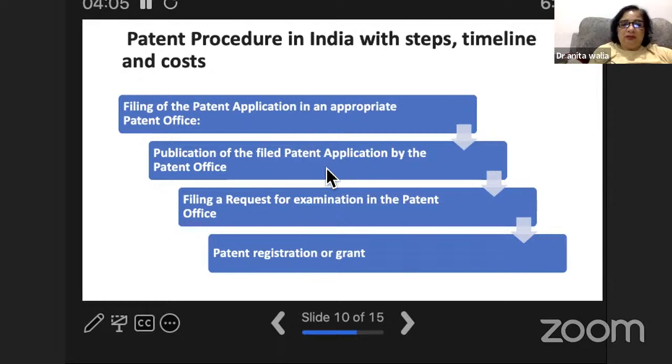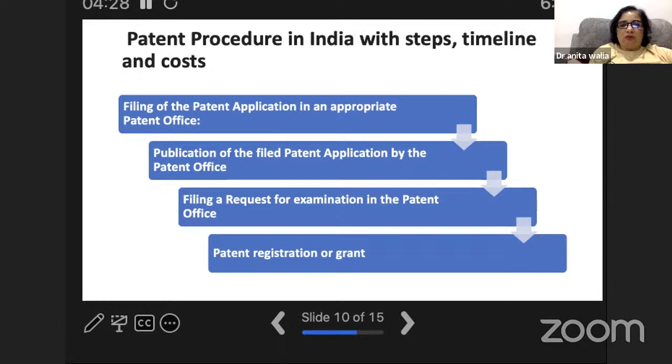The second step is publication of the filed patent application by the patent office, which I told you. According to the patent law, after the registration you have done, the patent application is published within 18 months of filing, and this will be available on the Indian Patent Office database.